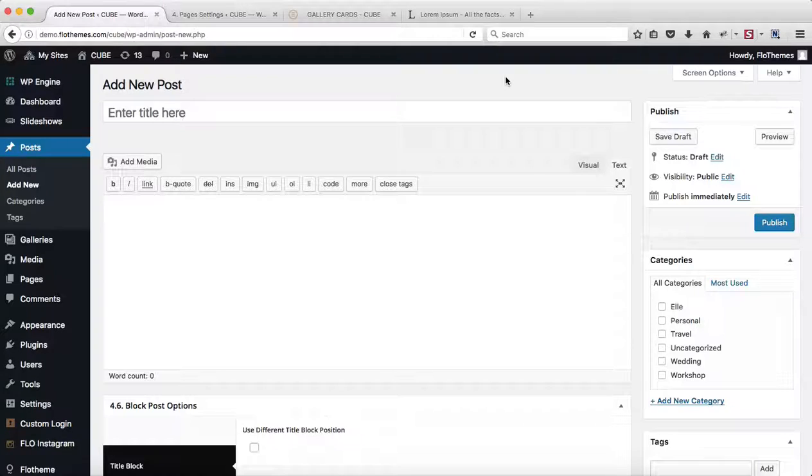Hey folks, let's take a few minutes and talk about the process of creating a new blog post. Now, generally speaking, creating a WordPress blog post is really not that difficult. All you need to do is add your blog post title, and within this area here, you just add in